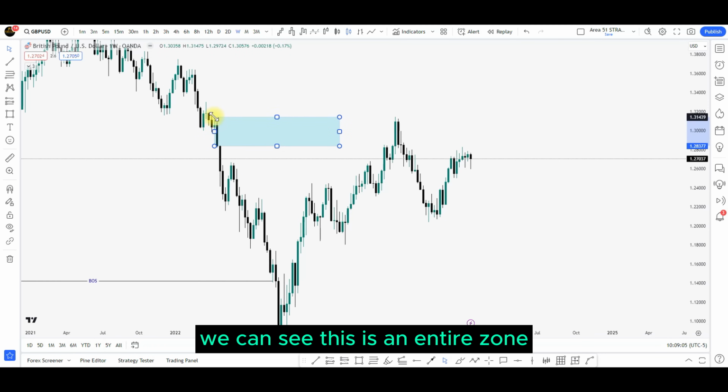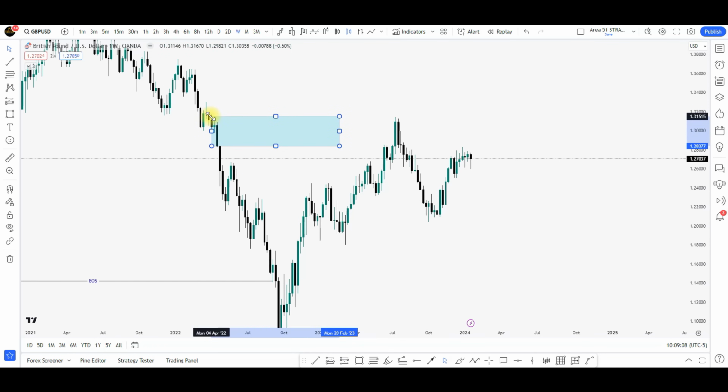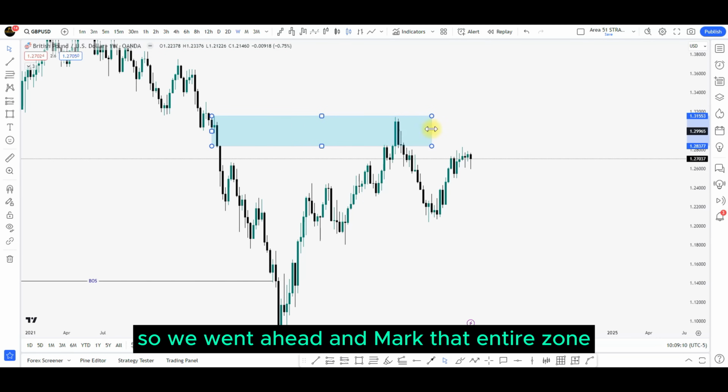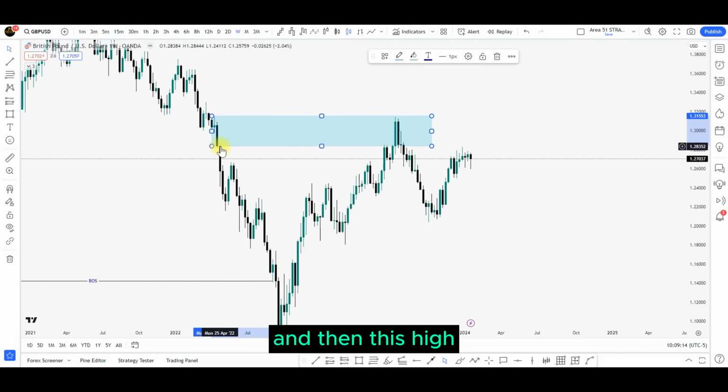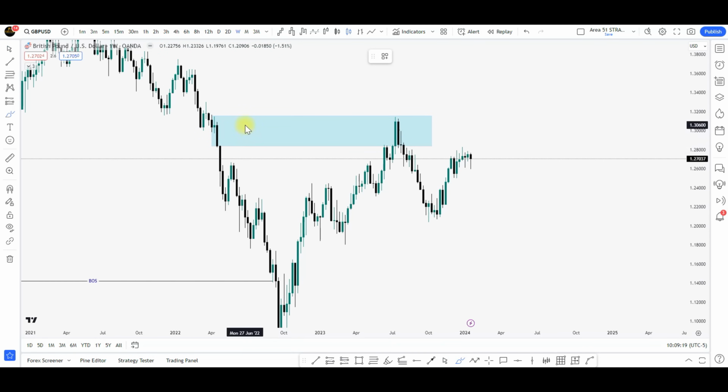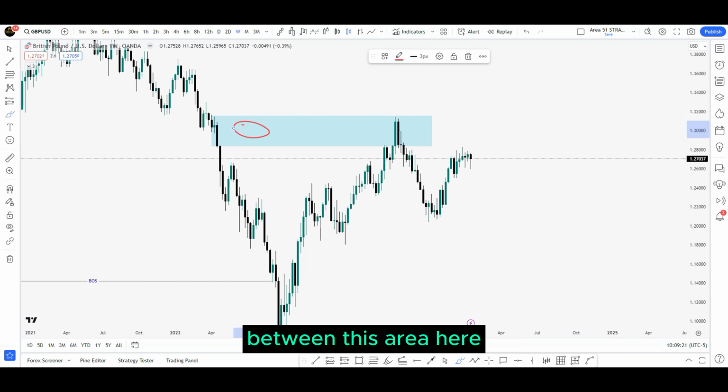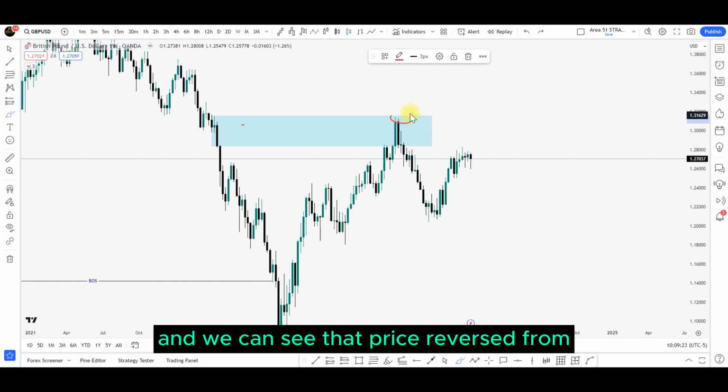We can see this is an entire zone, so we went ahead and marked that entire zone. Remember, we have an imbalance between this low and then this high. So price will probably trade between this area here, which it did, and we can see that price reversed from